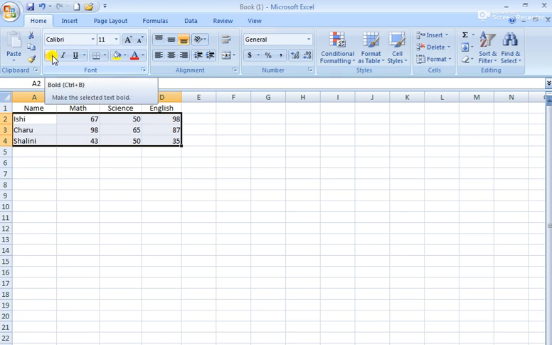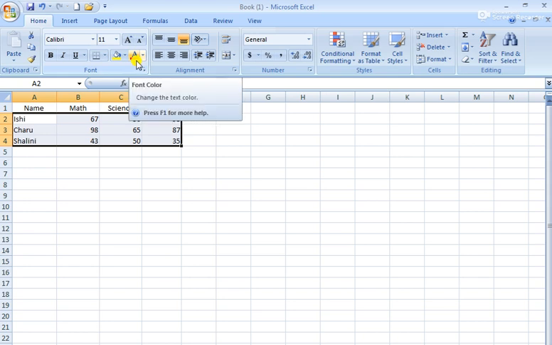From here we can make it bold, italic and underline. We can draw borders, highlight the cells, and change the color of the font. So all the content related to fonts, meaning the text, is available in this font group.